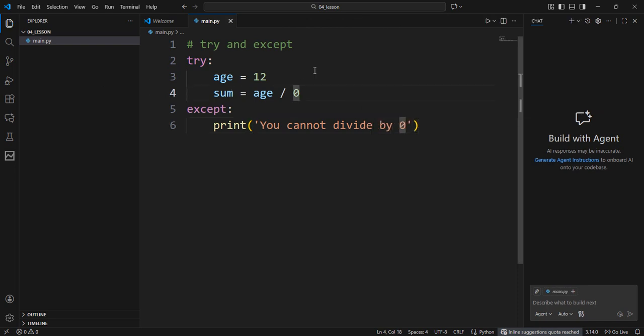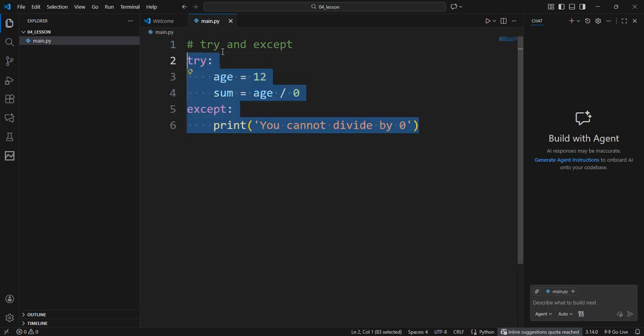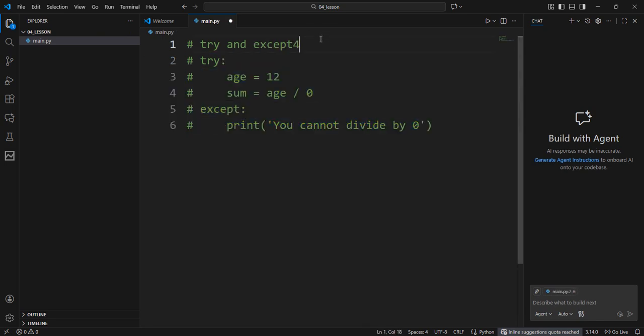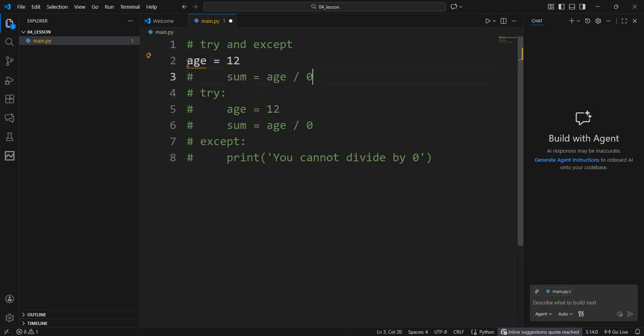So this will always give us an error when we divide a number by 0. So instead of putting that, we can use a try and except block to print this information to the user instead of this error. Let's say, for example, let me comment this and say age is equals to, let's copy this, age is equals to this. Alright,